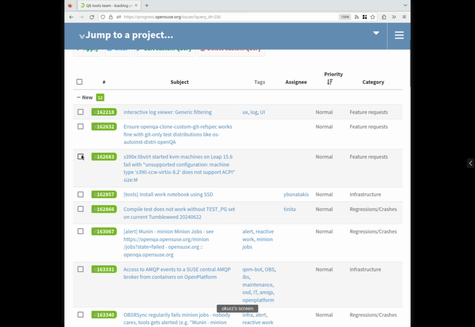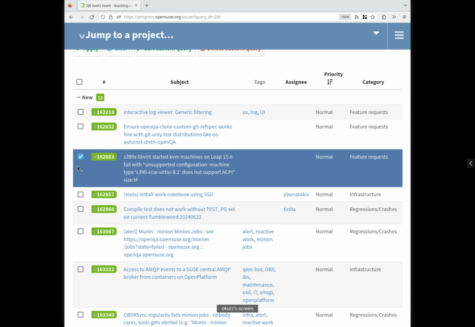problems related to the Leap 15.6 upgrade, which we already tried, bringing in a newer QEMU version, newer versions of dependencies, newer versions of the kernel on openQA workers. And then after encountering problems, we rolled back. For example, for s390x, we saw a problem with a new version of probably QEMU, that the backend in that configuration doesn't work anymore. So that's something which I would like to be looked at before we go to upgrade all production workers.